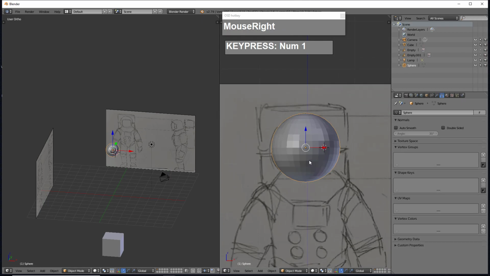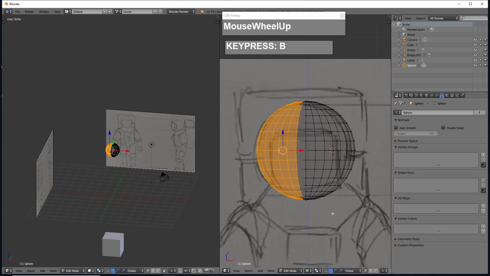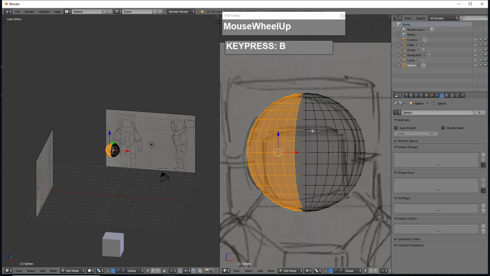So I'm going to press Tab to go to edit mode, press A to deselect, press Z to go to wireframe, and then press B to go to box select, left mouse click and drag a box on the left hand side. Now you notice that only the vertices are selected. That is fine. You can continue to increase the selection by holding down shift full stop